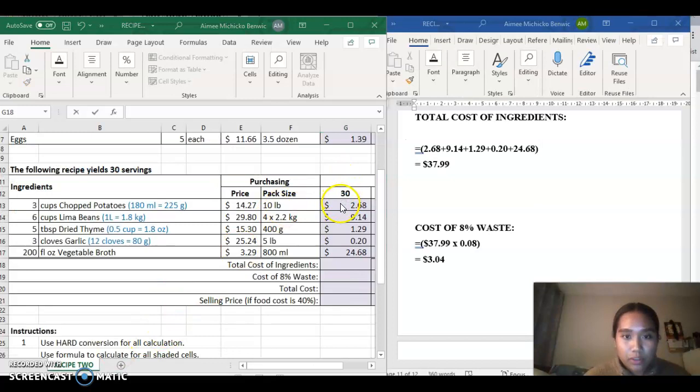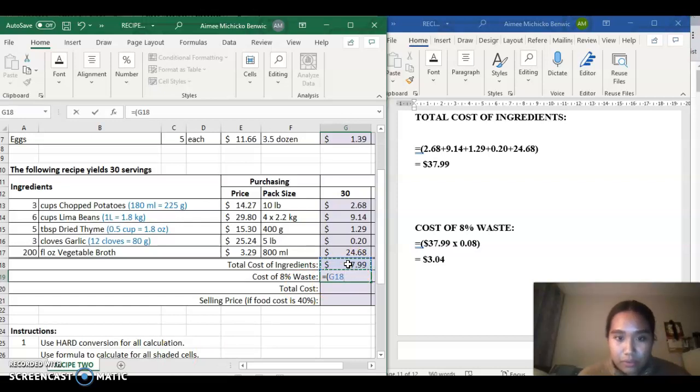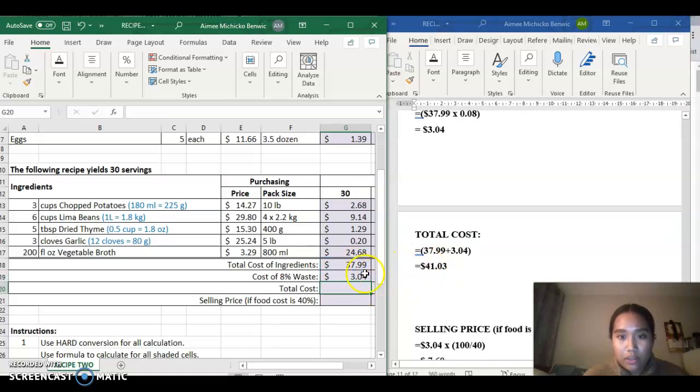So to get the total cost of the ingredients, we have to auto sum. We just highlight it and then auto sum, and that gives us $37.99, the same as our ingredient. And to get the percent waste, just press the total cost of ingredients multiplied by 0.08, close bracket, and that gives us $3.04. So for the total cost, just add them up together and press auto sum, and that gives us